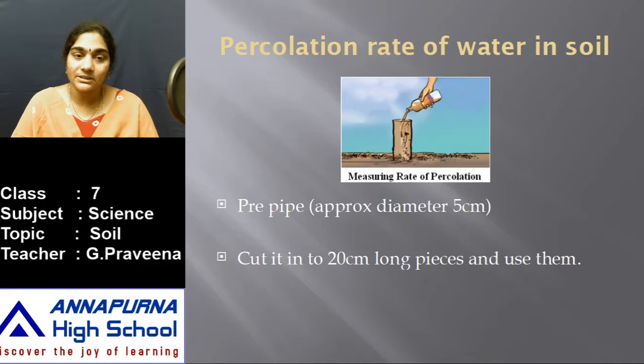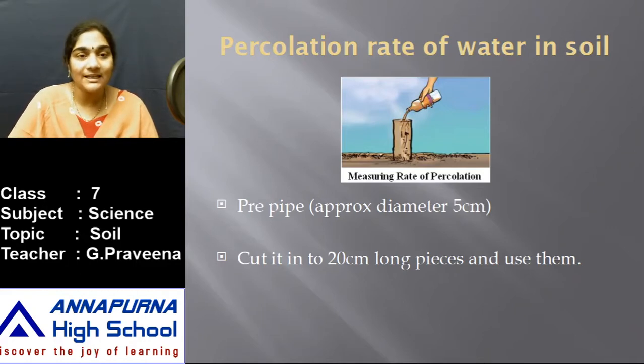Here you measure 200 ml of water, take it in a bottle, and start pouring that water into the pipe. Note down the time when you started pouring the water into the pipe and mention it as the initial time, and later note down the time when all the water in the pipe has percolated down, leaving the pipe empty. So you have to take 2 readings: one is the initial reading when you add water to the pipe, and the second reading is when all the water in the pipe has percolated, leaving the pipe empty.